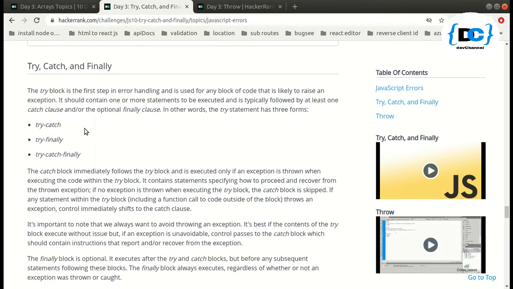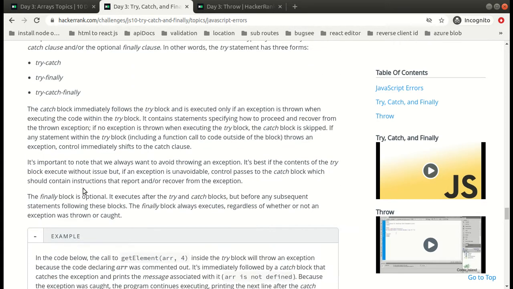We can perform error handling with the help of try and catch blocks and a finally block. With the try catch block, any code that is prone to error and can raise an exception we write in the try block, and the remedy, how we want to proceed in case an exception is thrown, we write in catch, or we can simply console log our exception.